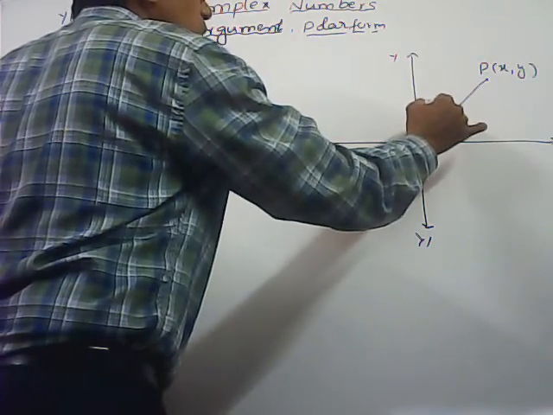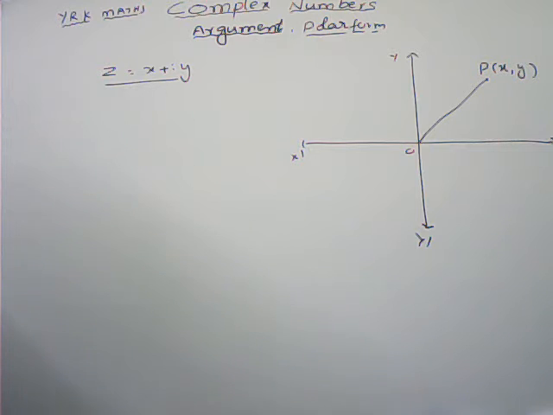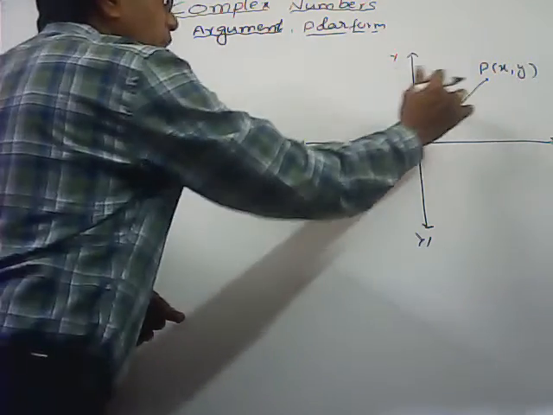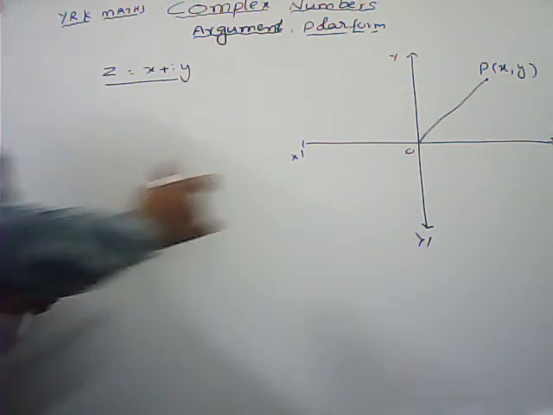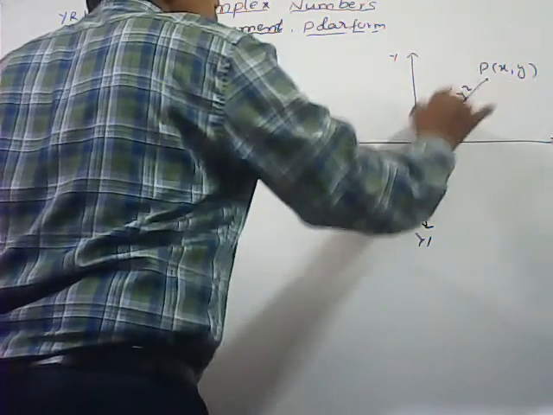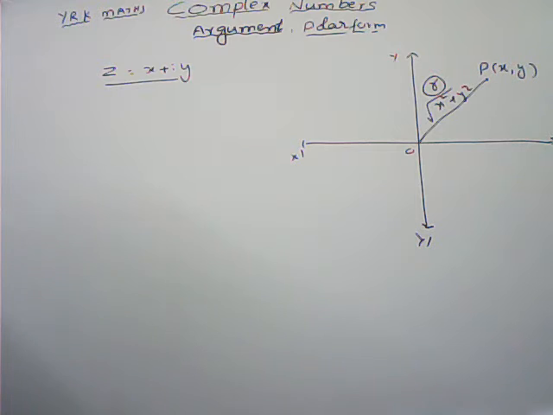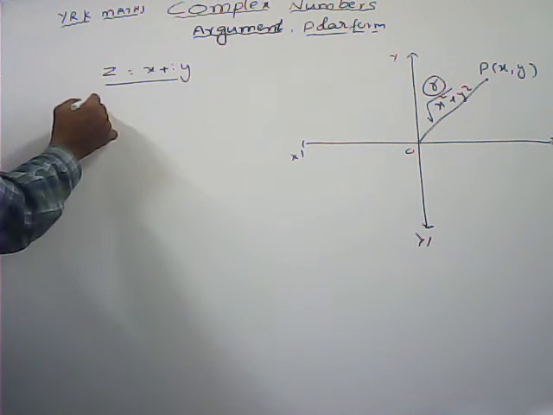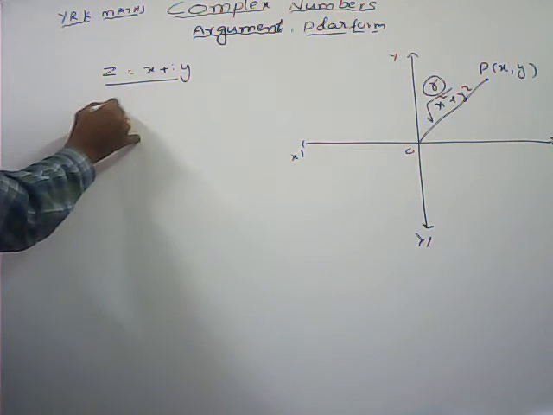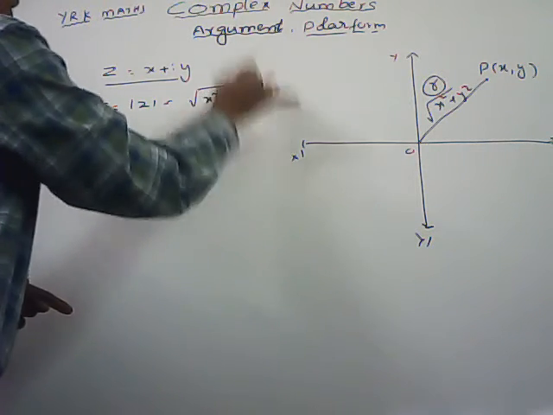In the previous video class, I explained everything: what is the modulus of a complex number? P is any point, it represents any one of the complex numbers. Then OP is the modulus of the complex number. Here that is equal to root of x square plus y square. This one I am representing with r. Here r is equal to root of x square plus y square. r is the modulus of z only. r is equal to modulus of z, that is equal to root of x square plus y square.